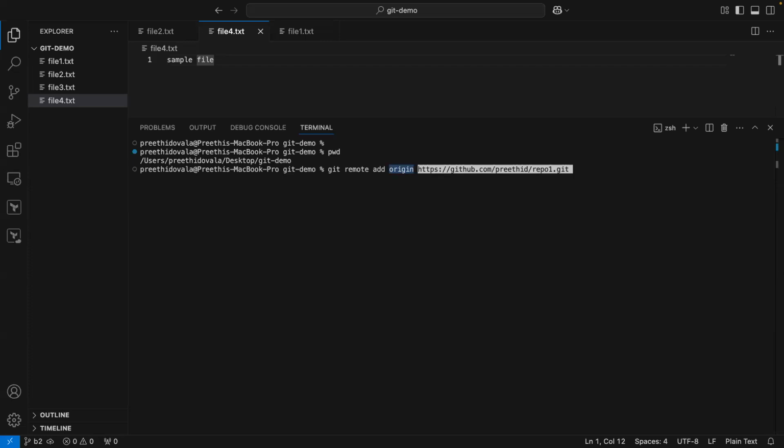In much more simple terms, it's like a variable. And what is a variable? A holder, right? To hold something like x equal to 5. X is a variable in mathematical terms, right? You may give any name to x, like myvar equal to 5, whatever, right? Similarly, here origin is like a variable or else an alias name